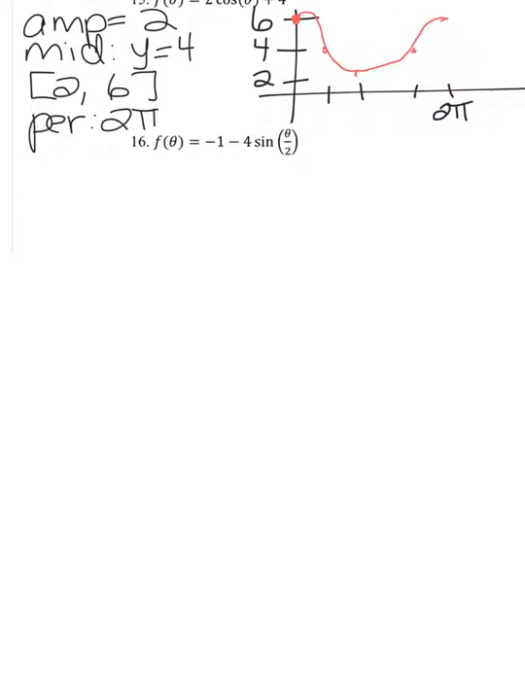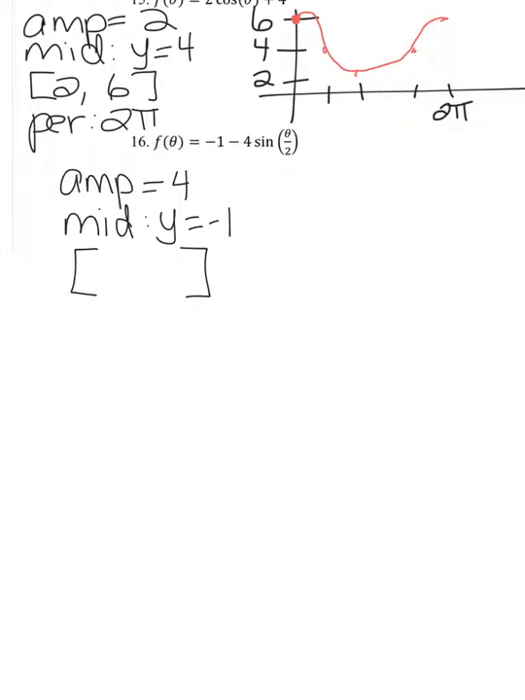And then the last one here is 16. So again, the amplitude is going to be 4. The midline is y equals -1, which means that the range, if I'm at -1, I go down 4, I go down to -5. If I'm at -1 and I go up 4, I go up to 3. And then the period